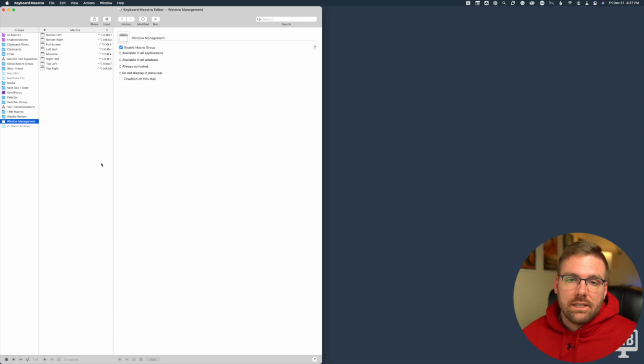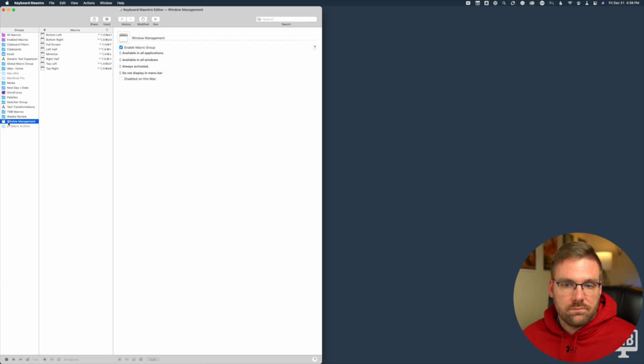So this is another one that I use all the time, several times a day, and that's for window management. Keyboard Maestro has really powerful window management built into it. I've used in the past an application called Moom, which was another very powerful tool, and it had a couple features in there that Keyboard Maestro doesn't have, but I never used those features in Moom. And the fewer things I can have running on my computer, the better. So I just do all of my window management in Keyboard Maestro.